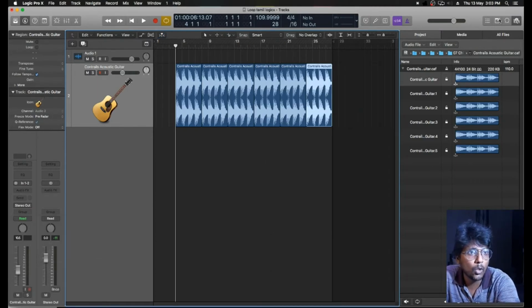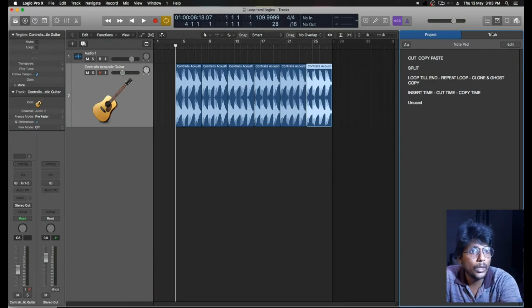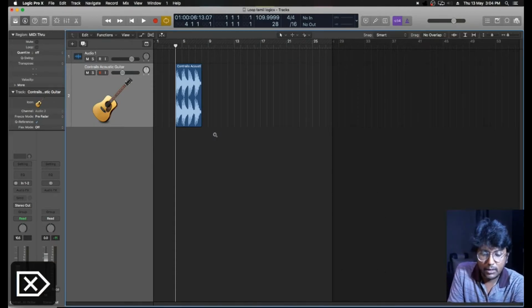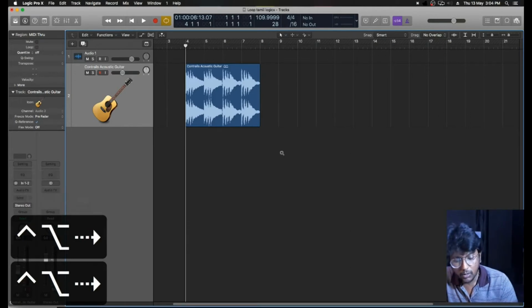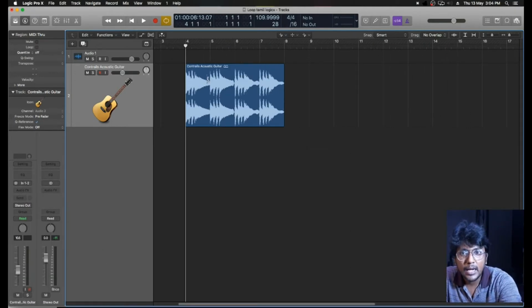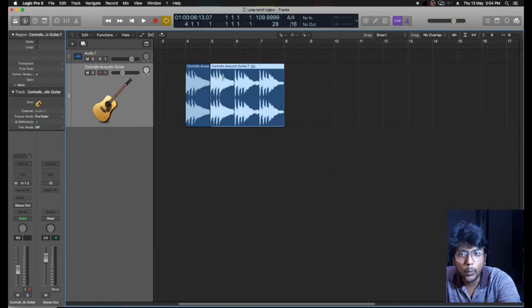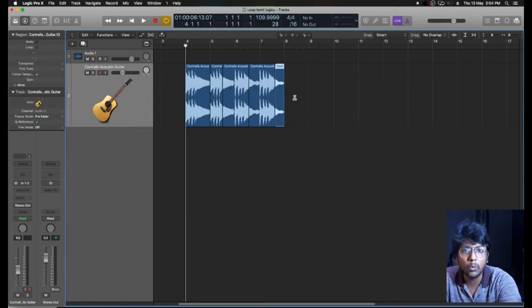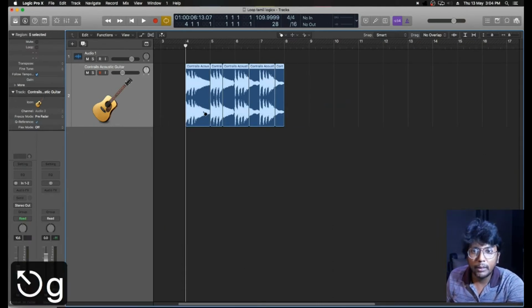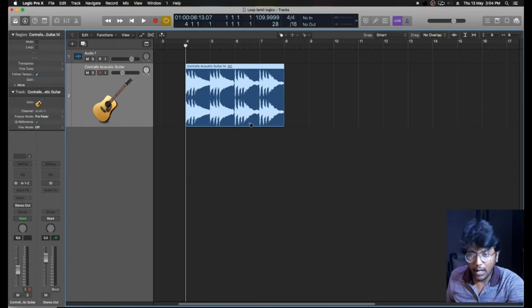So let's go back to the notepad and quickly check what we have done. Let us go into the split options. Let me close the notepad, delete all these things, and zoom in a bit. To split or to cut, I can quickly take my scissors tool and splice it or cut it at whichever destination I want. Again, I can select everything and simply glue them back together, or undo it, or I can play the track